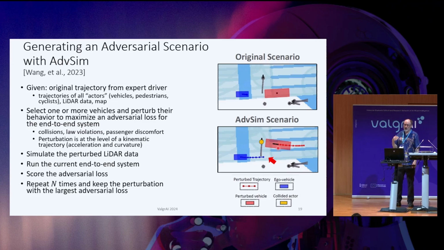And the perturbation is designed to cause collisions, to break the law, to make the passengers in the vehicles very uncomfortable. So it's an adversarial counterexample, basically. We think of this as a bit like adversarial machine learning. The perturbation is at the level of a kinematic trajectory. Early work in adversarial learning has always worked at the image level, right? And we're perturbing the pixels of the image. But you can't get such a big conceptual change, or moving to an entirely different lane, driving in a different direction, and so on. So they're doing the perturbation at the level of scenarios.